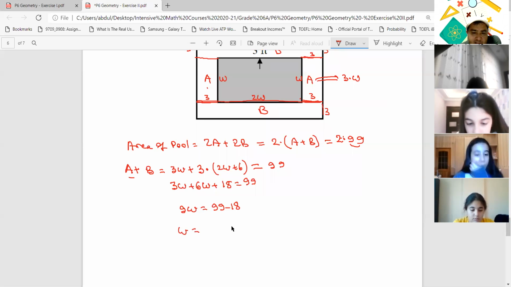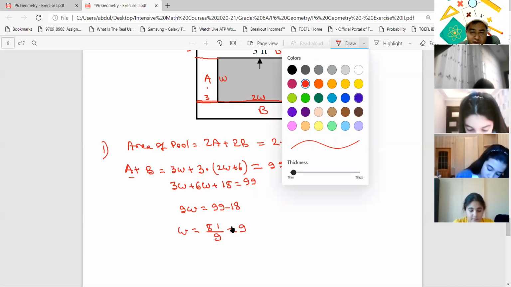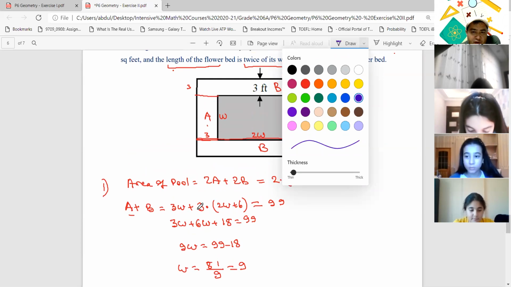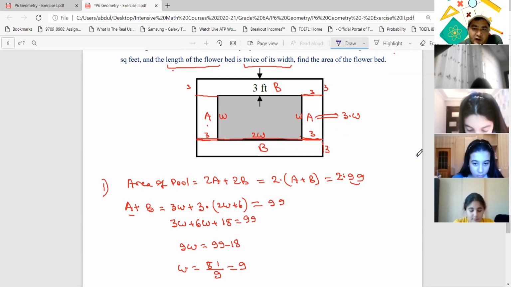What is W? 99 minus 18 is, what is it? 81 over 9, that's equal to 9, right? Elmira, do you understand? Yes. If you understand this, the rest is easy. If I know W, the question is find the area of the flower bed. So the area of the flower bed,